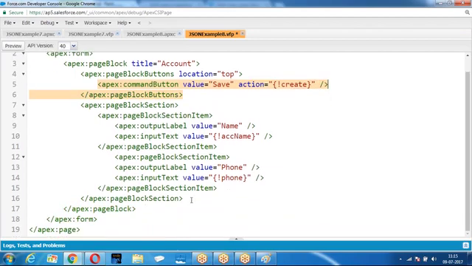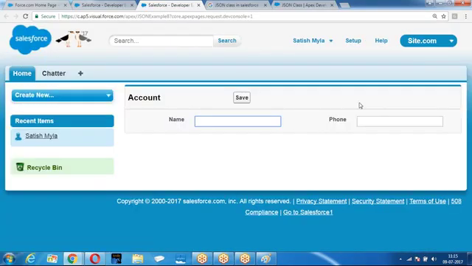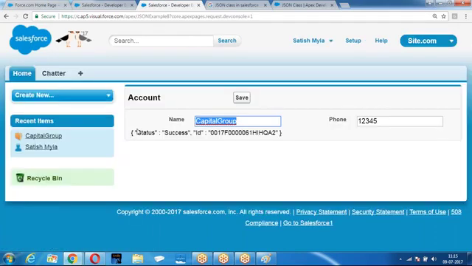This is how we are thinking. Now I want to print the message. Some response I want to print. Have a preview of this. Now we received status success, ID equal to. Next I'm giving one more record. Without name I have given phone number. It gives status failed, error, insertion failed.